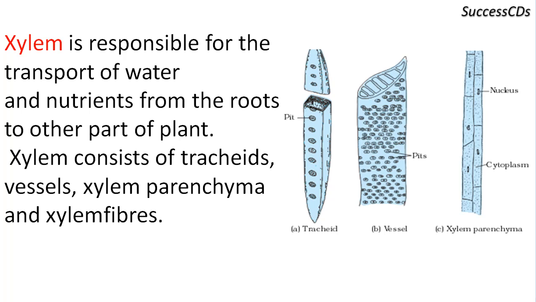First is the vessel, which is the pipe-like structure. Vessels are basically dead and have lignified thick cell wall. Tracheids are long elongated cells with tapered endings. Cells are dead and these transport water through pits. Next is parenchyma. These are living cells. They store food and nutrients. Lastly, sclerenchyma are dead cells and they provide the mechanical support to the plant.